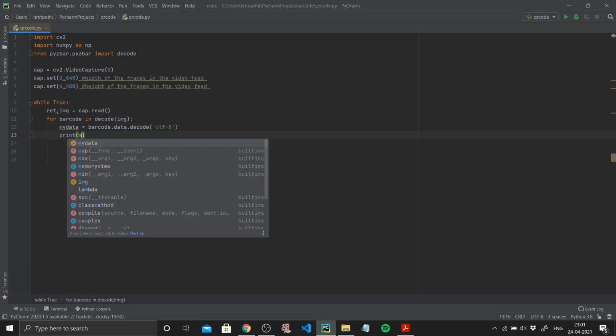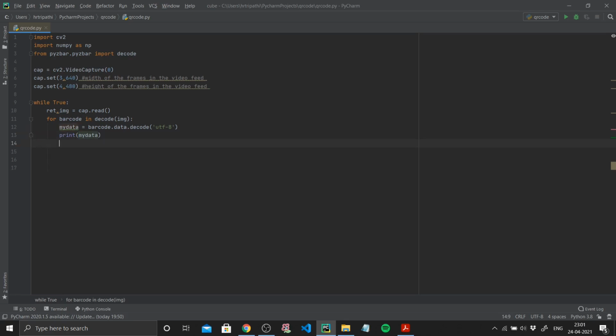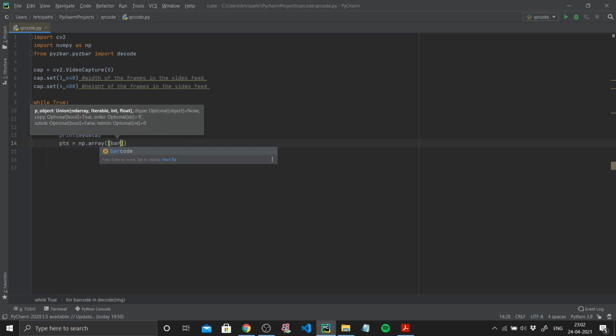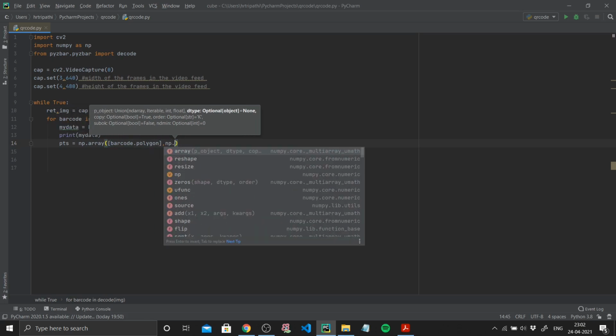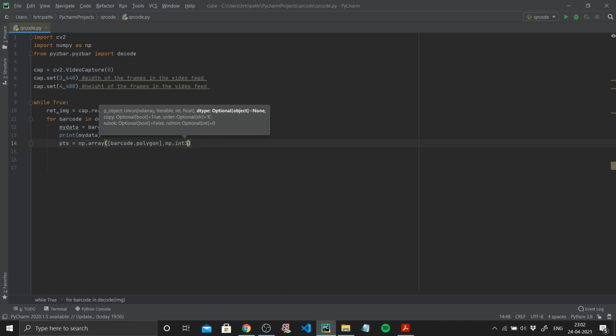So print data. Good. Next up, I'm going to be using points equal to numpy.array, and I'm going to be passing my barcode.polygon, and I'm going to be using np.int32, 32-bit integer.